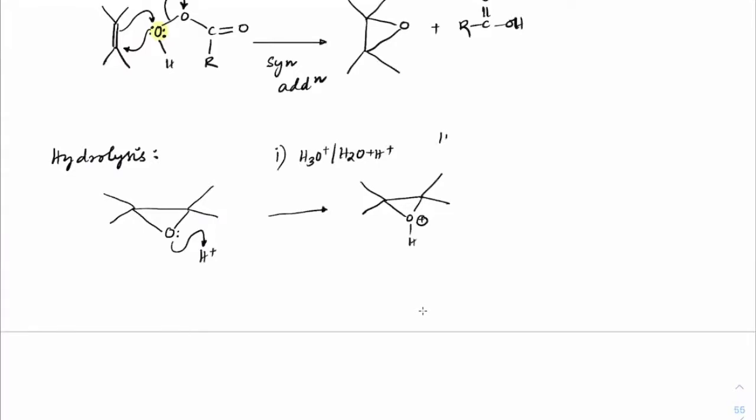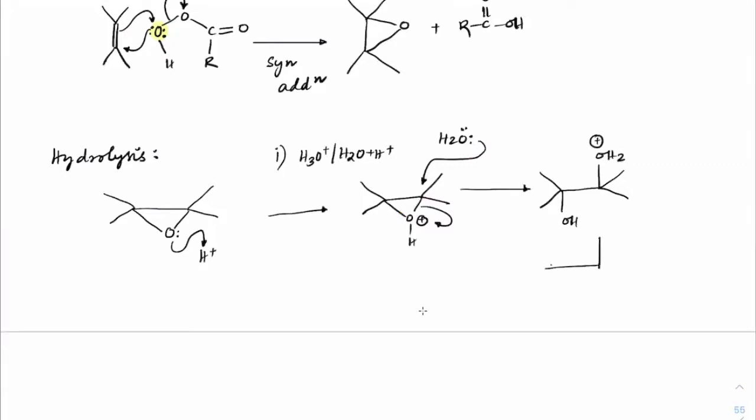right? Then H2O will attack as a nucleophile from the backside, because if you remember, we have done this cyclic mechanism earlier also when we did halogenation, where we used to have a halo bridge. Recently we have done it in oxidation. Yesterday we also did the oxymercuration demercuration. So H2O will attack from the backside of it. As it attacks here, this bond will break, and we would get this as OH2 plus, and here we'll get OH.